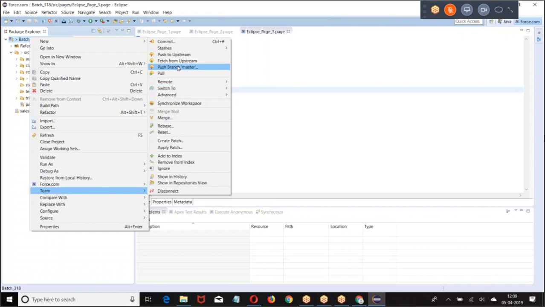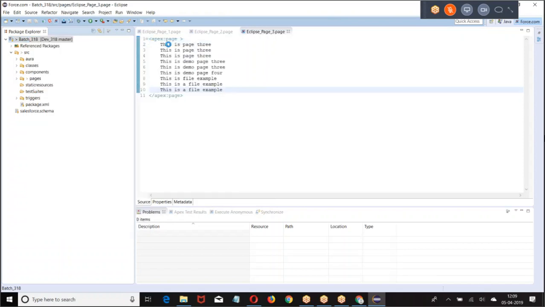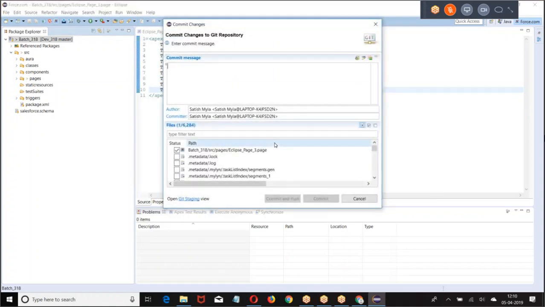Team, Commit, then select all the elements.